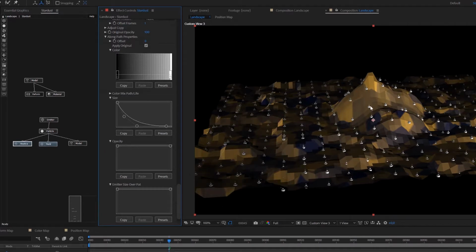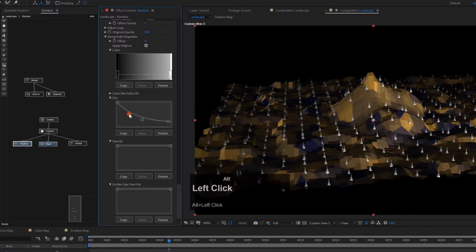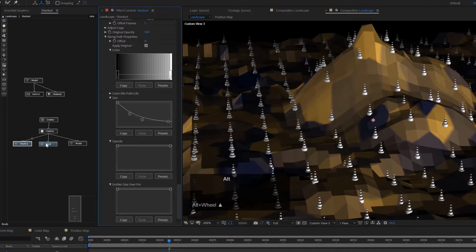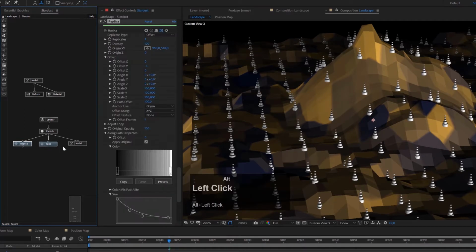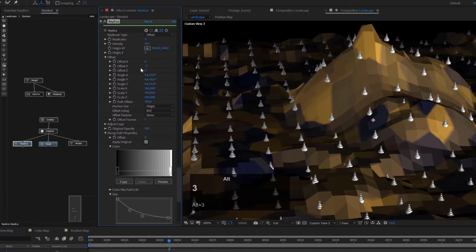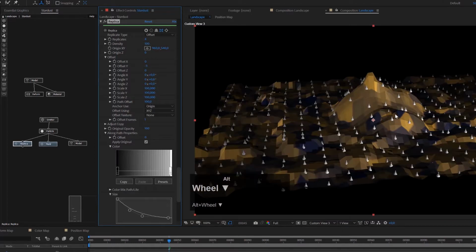Now I have these small trees already, but I want to make this a little bit smoother. And I also do not want the last one to be at 0. So I just smooth out this curve a little bit so that we get something that looks like a tree. Now in the replica node, maybe I will reduce the offset to a smaller value, -3. This looks quite good. And I think that my trees are quite nice, but they are too regular, they are